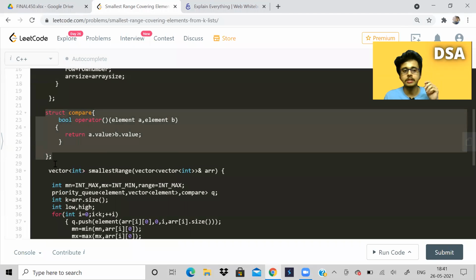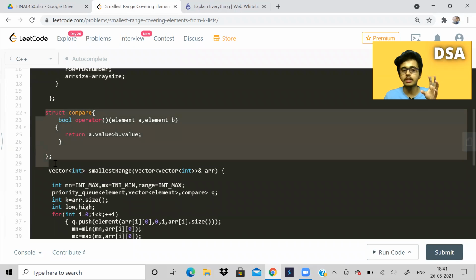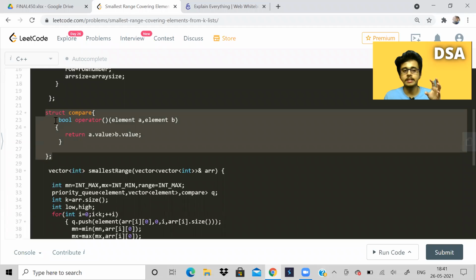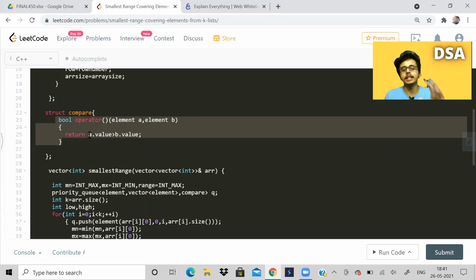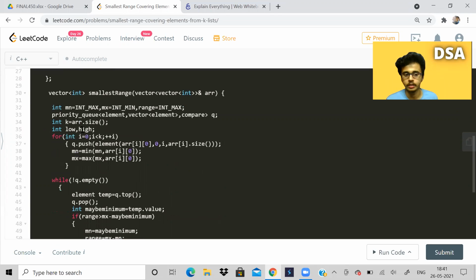And I need a custom comparing function. So again, this is known as operator overloading. This will help me in arranging the elements in the min heap, that is, small to big order. So this is my given function.